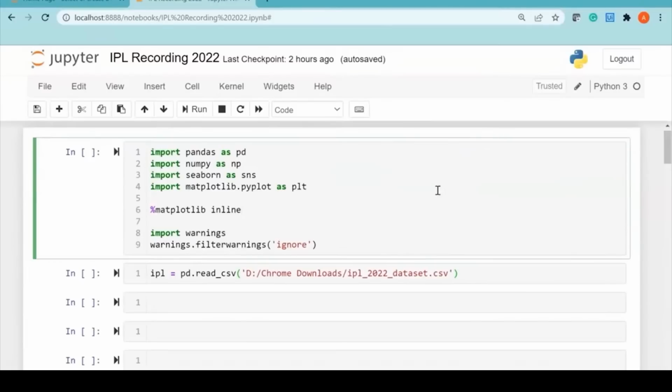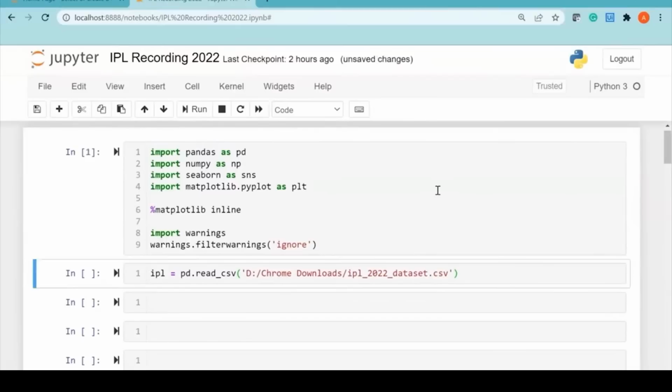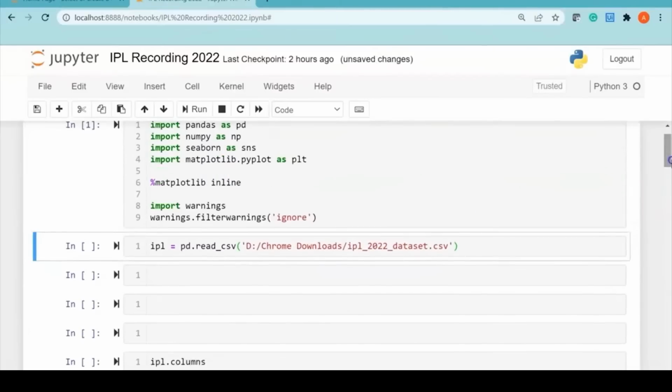Cool. So let me just hit Shift Enter to run the first cell. So here we will import all the libraries. Okay, it's done. Now the next step is I'm going to create a data frame in the name of IPL,